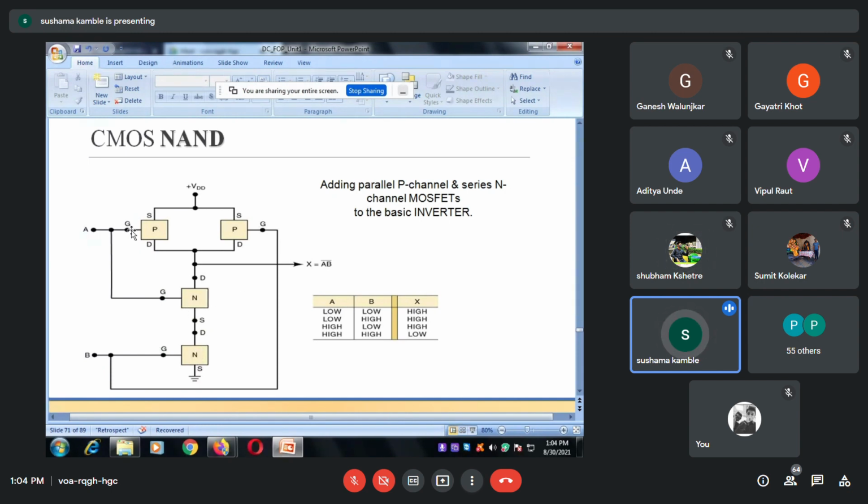Now we are applying input A and input B to the circuit. This P and this N are complementary, and this one another PMOS and another NMOS in series, they are complementary. They are forming the complementary circuit. What it means? अभी जो हमने इन्वर्टर देखा उसके हिसाब से एक PMOS और एक NMOS, they are forming the inverter circuit like a complementary circuit.